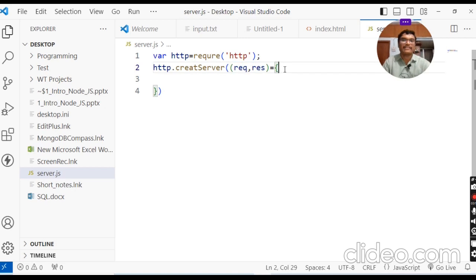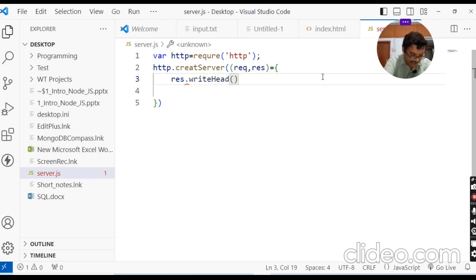Whenever I get any request, I need to respond with response.writeHead 200, which is the OK message,